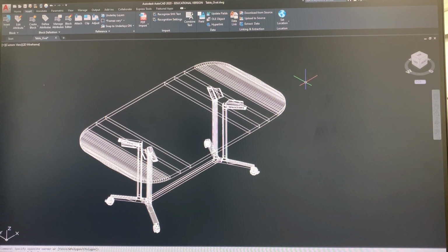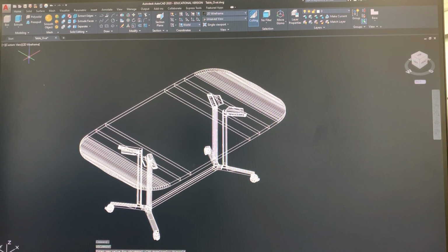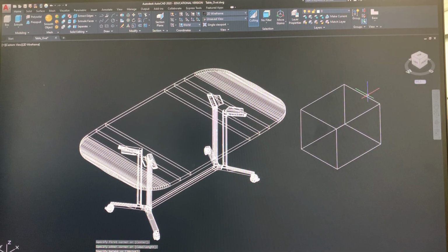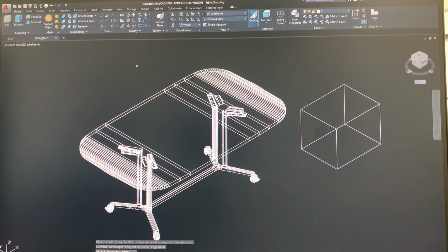If you ever come across a drawing, and you don't have to do this, just watch for 1 second. If you ever come across a drawing that is composed of 3D blocks, or sorry, 3D solids, take a look right here. I'm just going to generate a 3D solid here. If I put my mouse on top of it, you can see it says it's a 3D solid. If you ever have a model that's comprised of 3D solids, all we simply have to do is explode it. Okay, when we explode it,